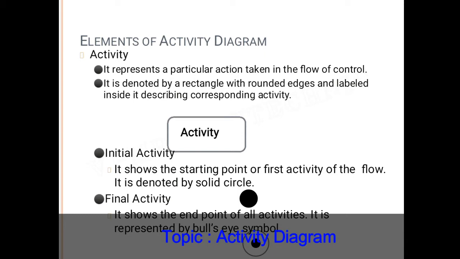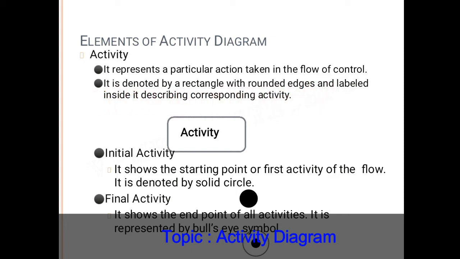The first symbol denotes an activity. We write the activity within this type of rounded rectangle. It represents a particular action taken in the flow of control, and it is denoted by a rectangle with round edges, labeled inside to describe the corresponding activity.